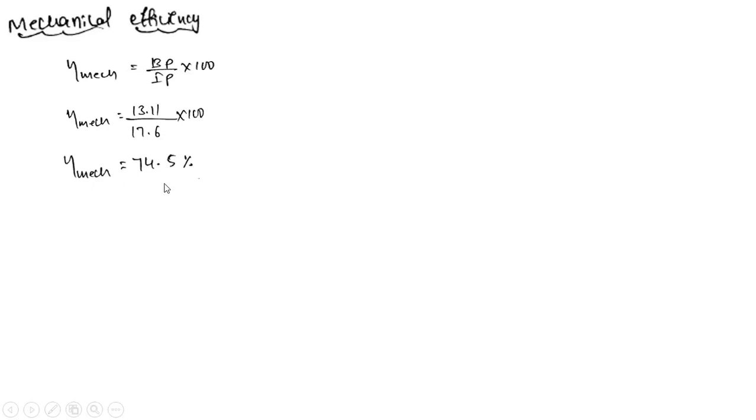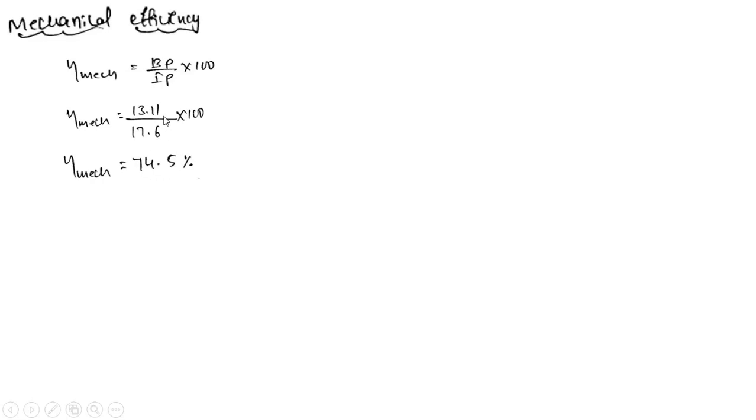The common mistake you people will make in calculating mechanical efficiency is to write IP by BP. You cannot do it like that. It should be BP by IP always. Even if you make that mistake, if you write IP by BP, you will get efficiency more than 100%. At least at that point you should realize that it should be less than 100%. Then please change that into BP by IP and substitute the values. You will get the mechanical efficiency less than 100%.